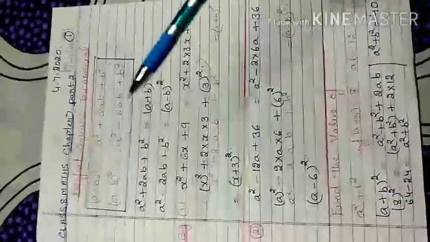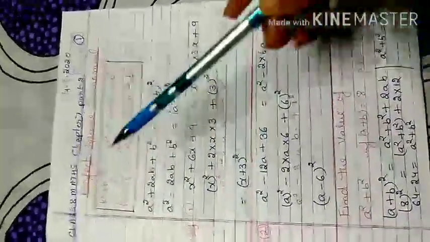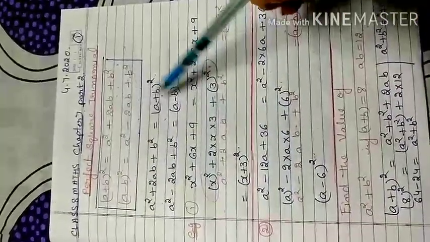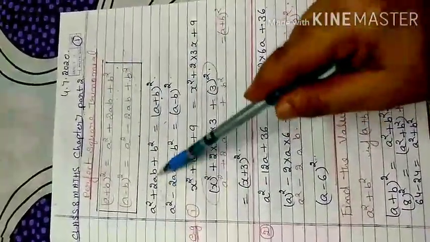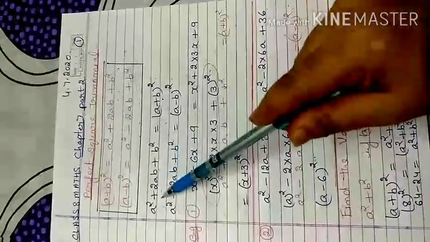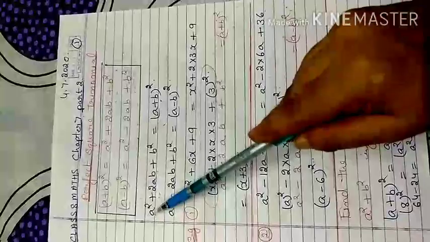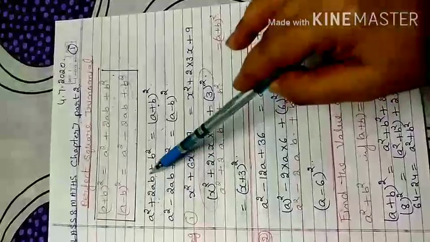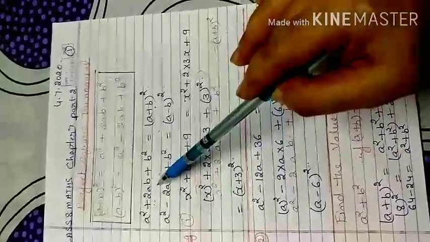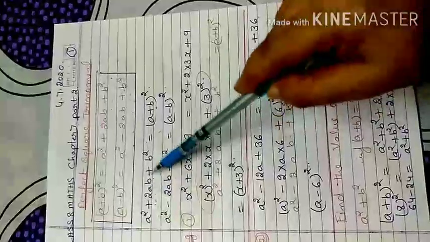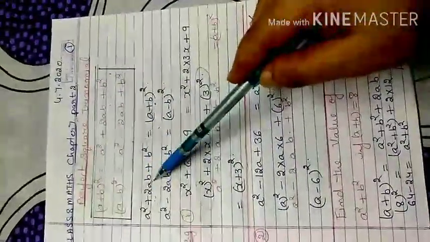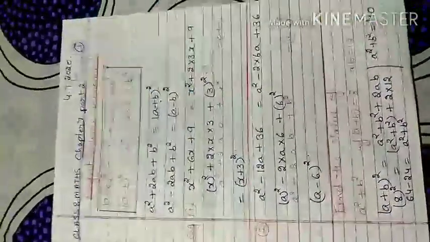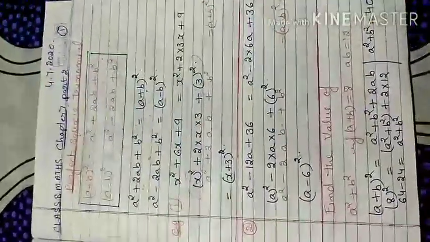So how will you convert? Whatever question is given, you first check the sign between the terms. When there is a multiplication of two terms with a positive sign in between, both the square terms have positive signs, but that term is not in square form. If it is in positive sign, you convert it into a square plus 2ab plus b square form. If this term is in negative sign, you convert it into a square minus 2ab plus b square. So you have to follow these two identities, and the other two terms will be in square form.